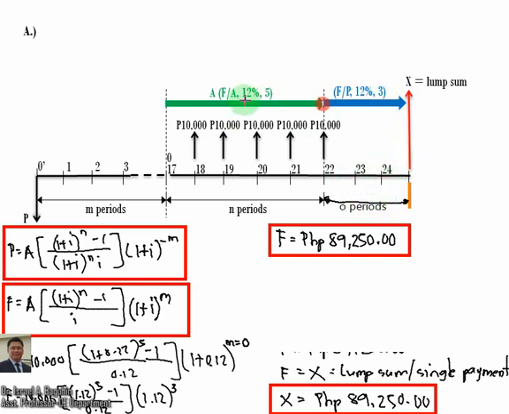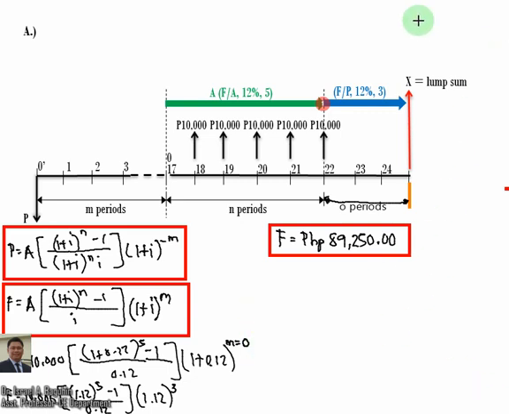which is referring now to 3 years. So we are after this N and O periods if we are going to use now the formula, in which our M here is simply equal now to O periods, in which we are dealing with this period. Okay, so still you can get the same amount of your X or the single amount, which is 89,250 pesos. Okay, so proceeding, we are going to proceed now to the second question. Okay,